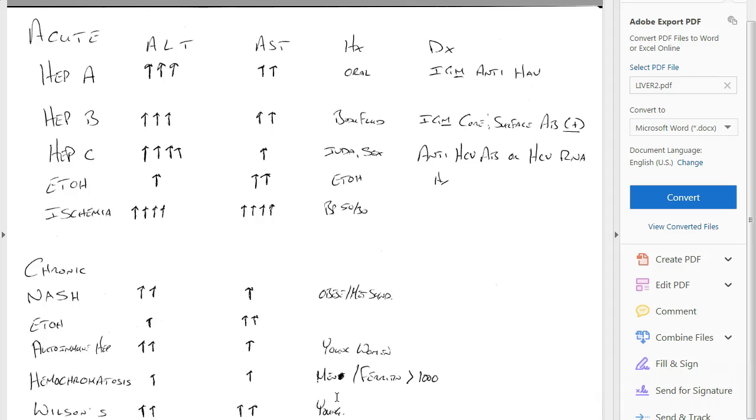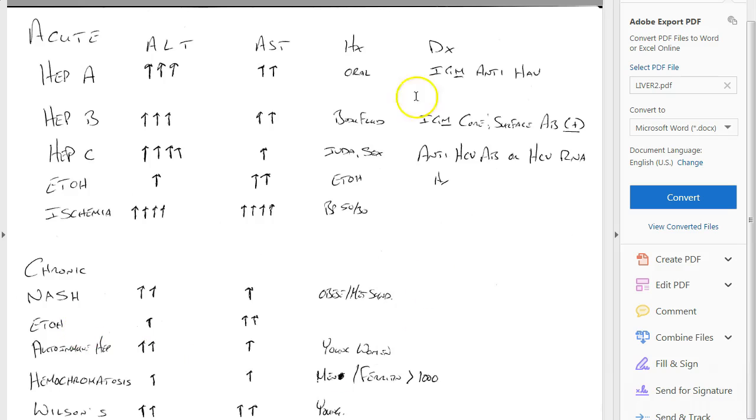They will have low ceruloplasmin, which basically means it's sucking up copper, and they have a very low alk phos. Anyway, that's Wilson's. All right, so there's acute and chronic,